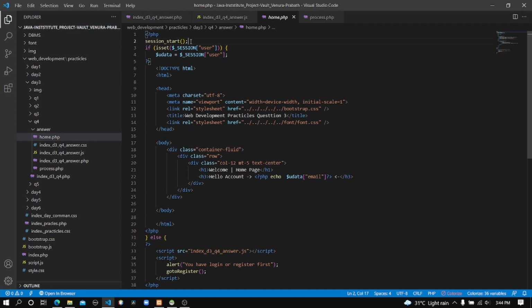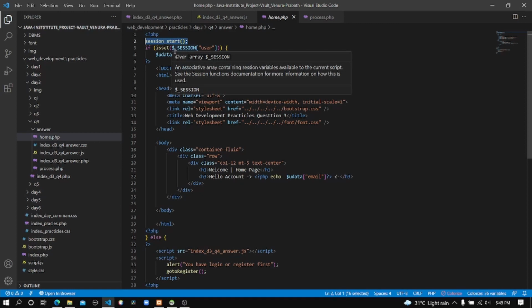And if the PHP sesID cannot be found, it will create a new, empty PHP session space for that user, and it will generate a unique ID for that user and store it in the user's browser as a cookie. Okay, that's what the session method does, and after that it is checking.